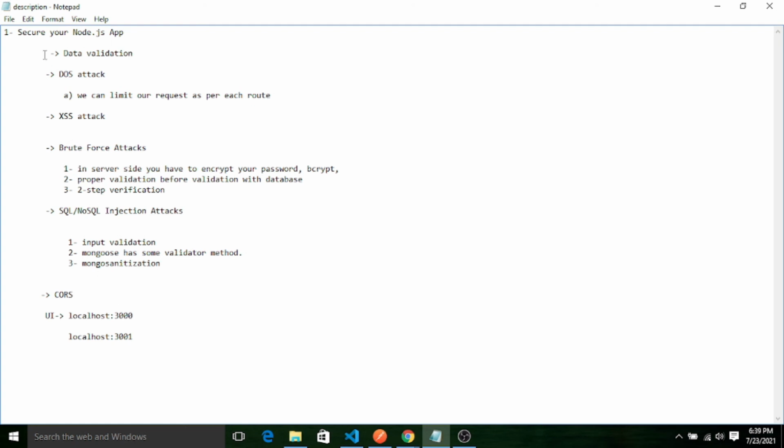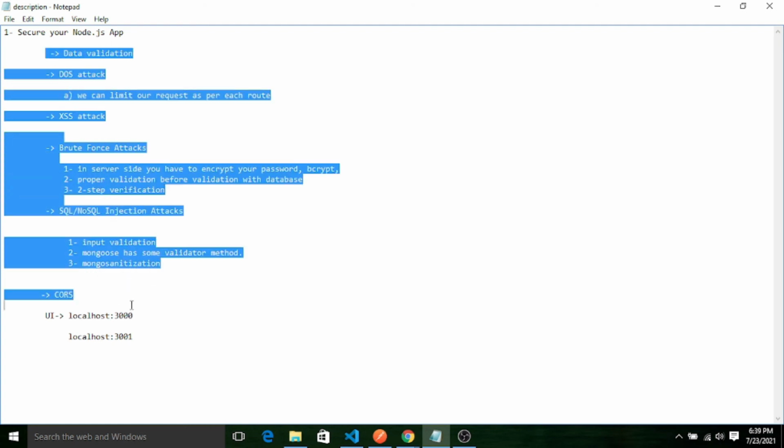This security feature is always asked about by interviewers. If you are a Node beginner, or even if you have some experience in Node.js, when you go for an interview, these types of questions are always asked.